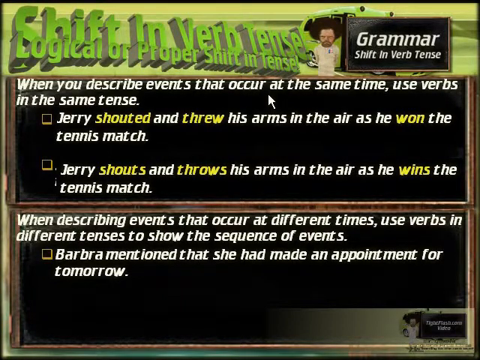Because if we changed the tense, then the meaning would slightly change. It's not saying that you couldn't change the tense here. Like, for instance, Barbara mentions that she had made an appointment. You still could say it that way. But you couldn't say Barbara mentioned that she makes an appointment. I mean, it wouldn't make sense to make it present tense in the second clause. That would totally make the meaning illogical.